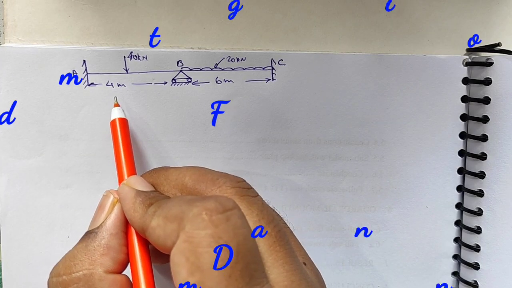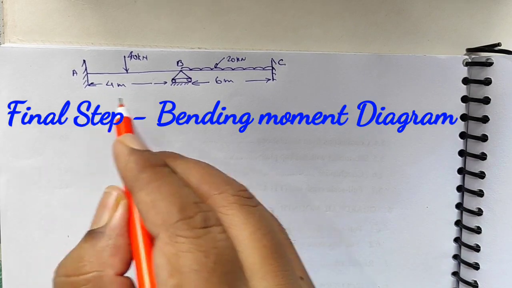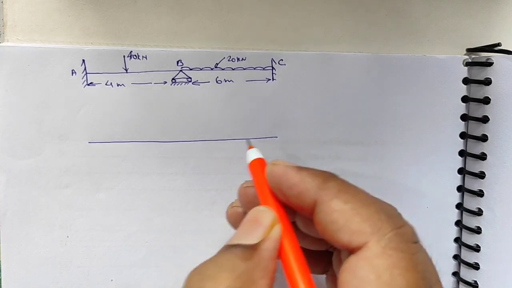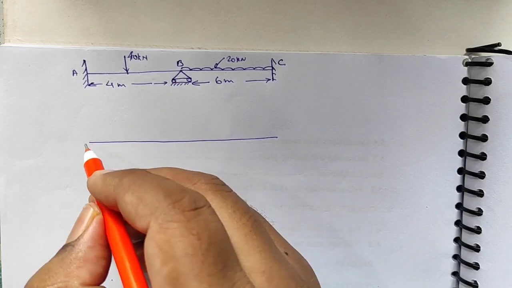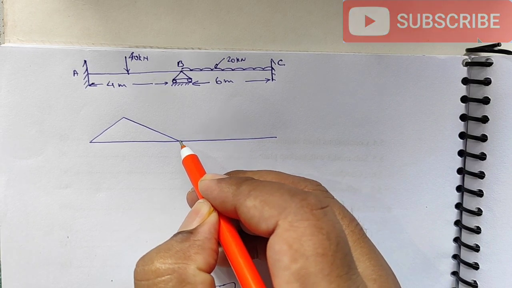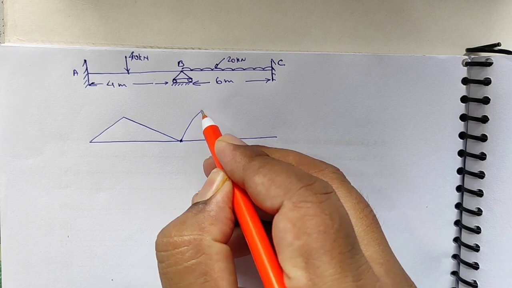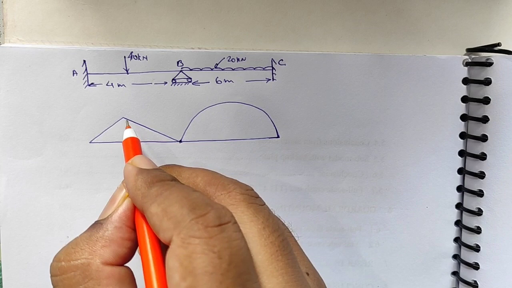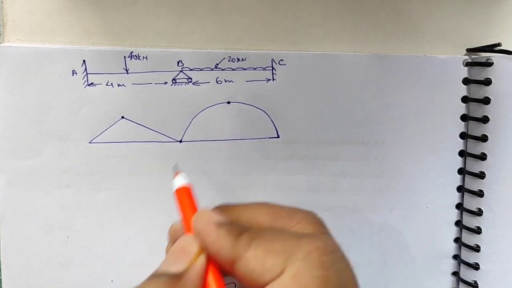Our last step is to draw the final bending moment diagram for the given question. So initially I will take the beam as this, and I will draw the bending moment diagram as it is a point load in the beam at the center. So the bending moment will be a triangle, as we know by the bending moment diagram. And similarly the UDL will give me a parabola like this. Now my question is to find out the maximum value or maximum ordinate of these diagrams.